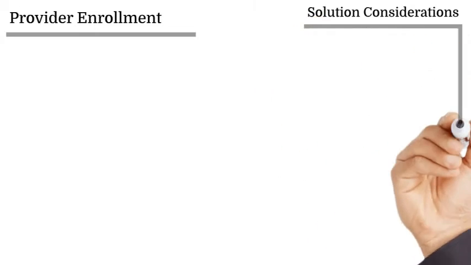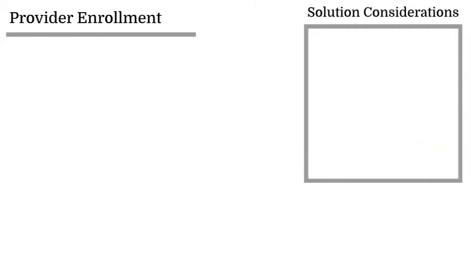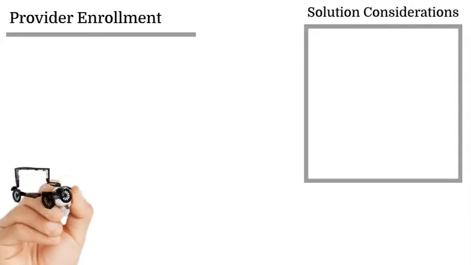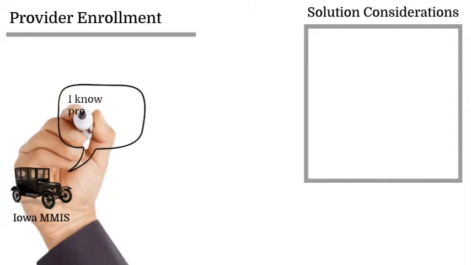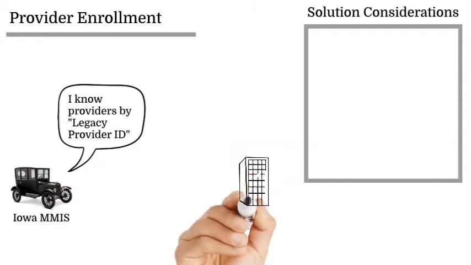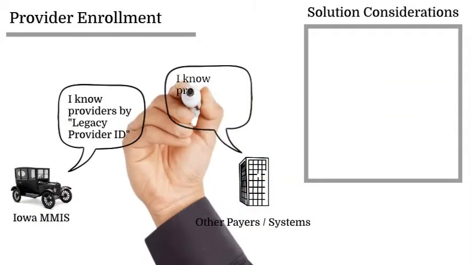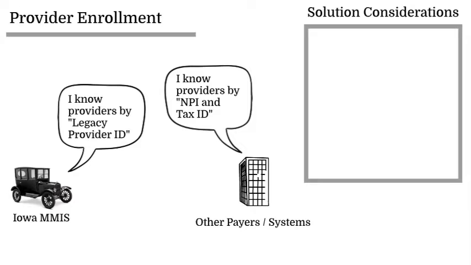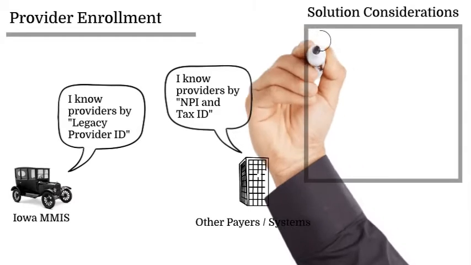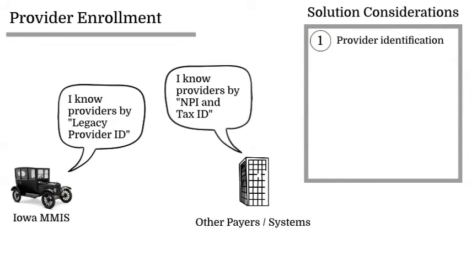There are also several internal factors we must consider in pursuit of this outcome and our goal of improving provider data quality. In our current systems, we did not establish a guaranteed method of identifying a provider between systems. We believe the standardization and implementation of a provider identification system is needed in our new solution.